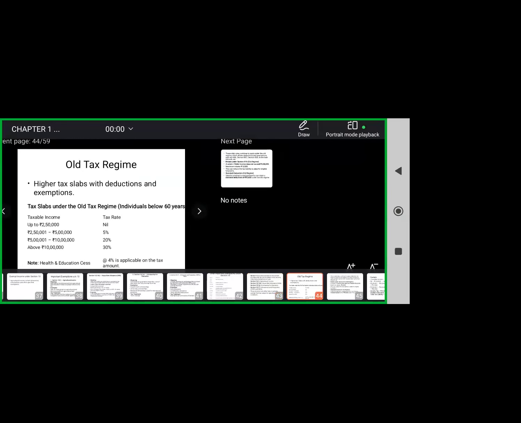And income from other sources is taken into consideration. That other sources, which is not specified in all these four, is taken into consideration: interest on FD, any prize amount which I have received, or lottery. Such small but substantial amounts are part of your income which you are supposed to consider under income from other sources.